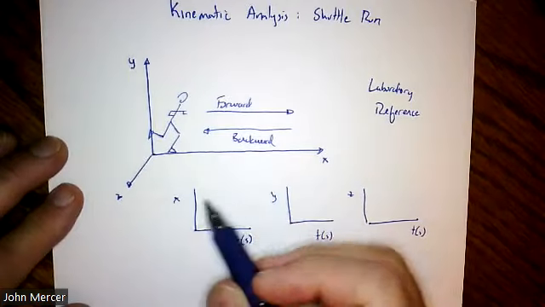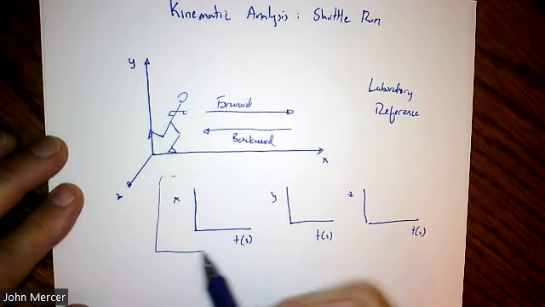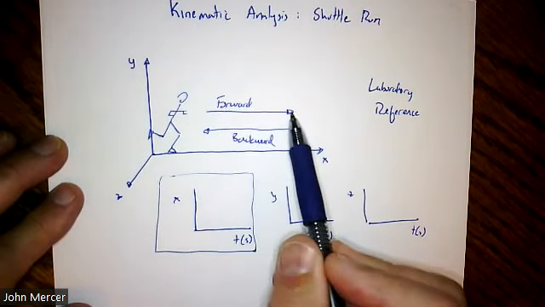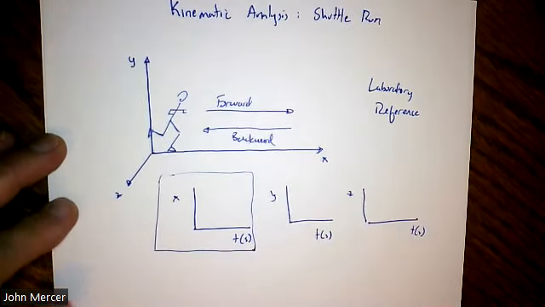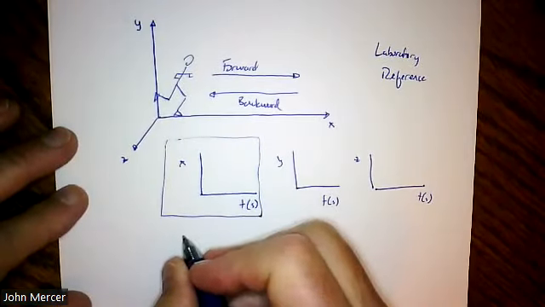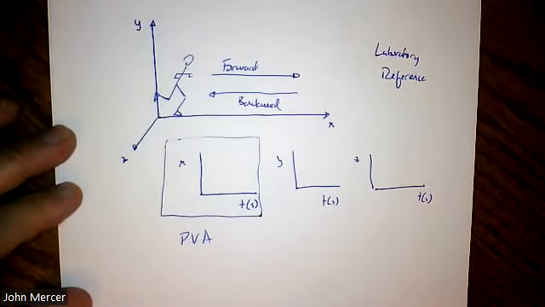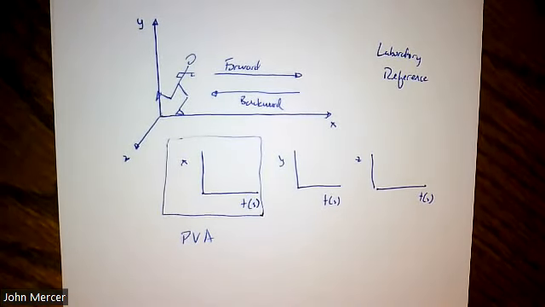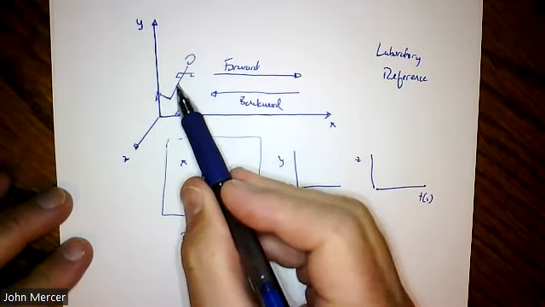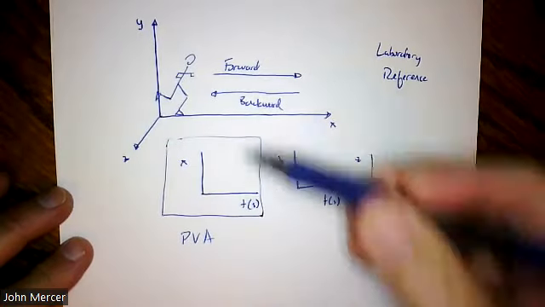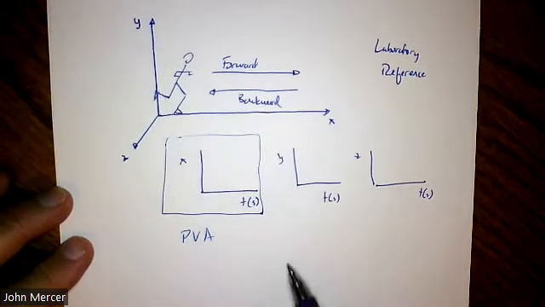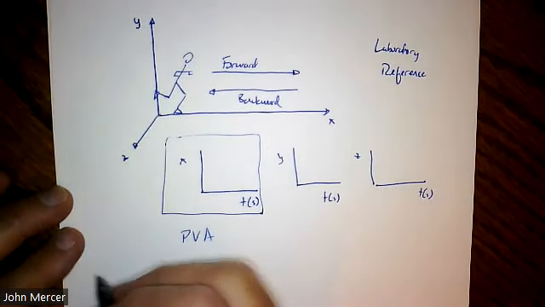So for us, it makes sense to start off by looking at the horizontal movement because I'm obviously already drawing the description of moving forward and backward. So the eye is really drawn towards this horizontal dimension. And then at that point, we want to look at the relationships between position, velocity, and acceleration in this dimension only. So now we don't concern ourselves with the person moving up and down or even any side to side movement. We're only going to look at where the person is at any moment in time. And then we do our position